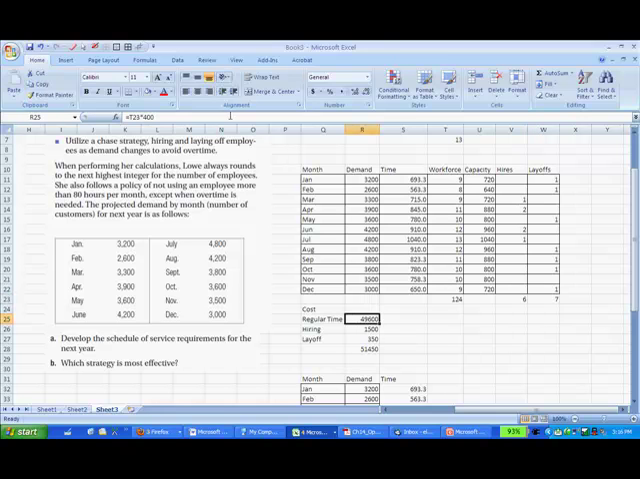I didn't change the formulas from the previous one, so we're still multiplying the total number of man months times $400 to get the regular time costs. The number of hirings is going to be 6 times $250, and the number of layoffs is going to be $50 times 7. Total package price $51,450. So of all the methods we've looked at, the best plan is the chase strategy